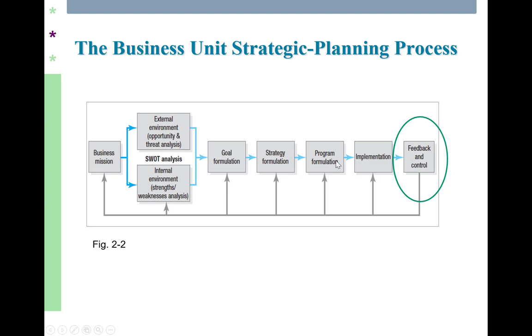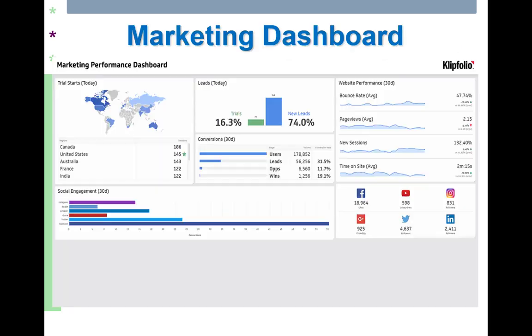Okay, so kind of to sum up with our process, start here: of course, you've come up with the strategy, you put it into a program, you implement, and of course, you have to figure out how you did. So the process continues: implementation, feedback, and control. One part of control is figuring out how you're doing, right? With key performance indicators or KPIs. And this is just an example of a marketing dashboard where you could have so many things in here: